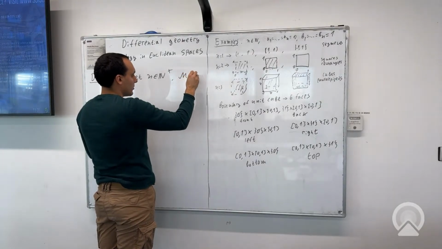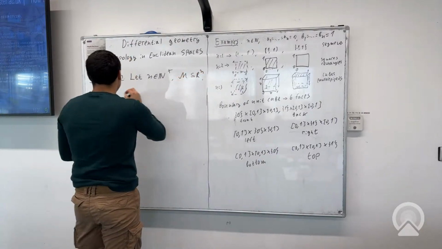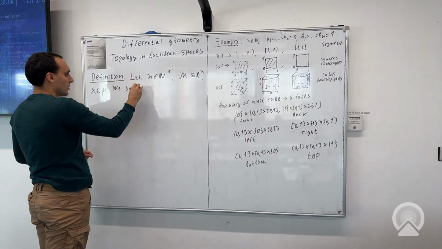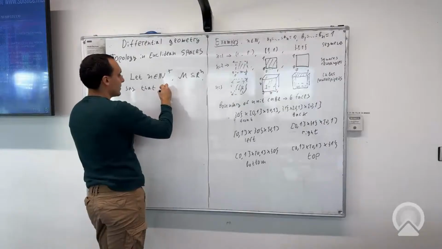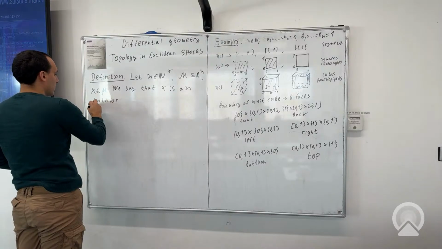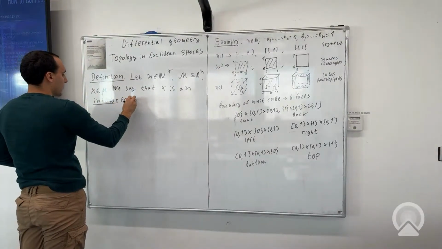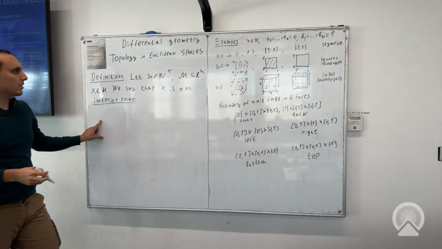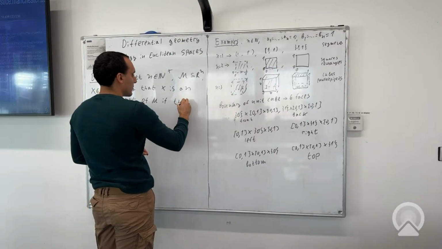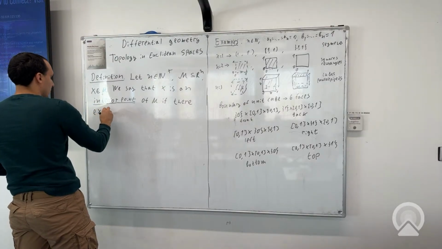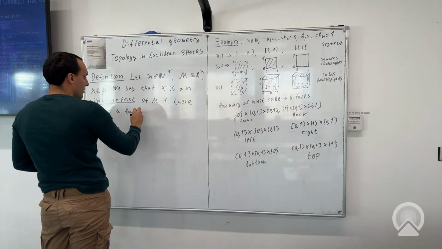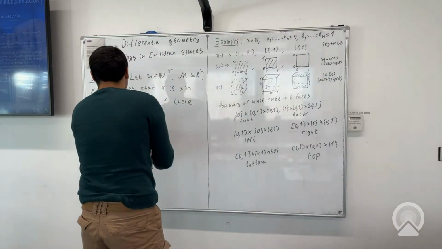M is a subset of Rn, and X is an element of M. We say that X is an interior point of M if there exists a ball, an open ball, or maybe an open